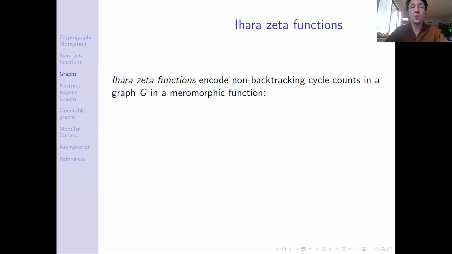So before we get back to what's going on with isogeny graphs, though, I just want to say a little bit about the types of zeta functions we'll be studying. So classically, we have these things called Ihara zeta functions. And what they do is they take the counts of non-backtracking cycles and they put those into a meromorphic function. If you are not familiar with any complex analysis and meromorphic is not something you're used to, just think a very nice function. In our case, it will even be just a rational function, like a ratio of two polynomials. So it's really something that you can work with